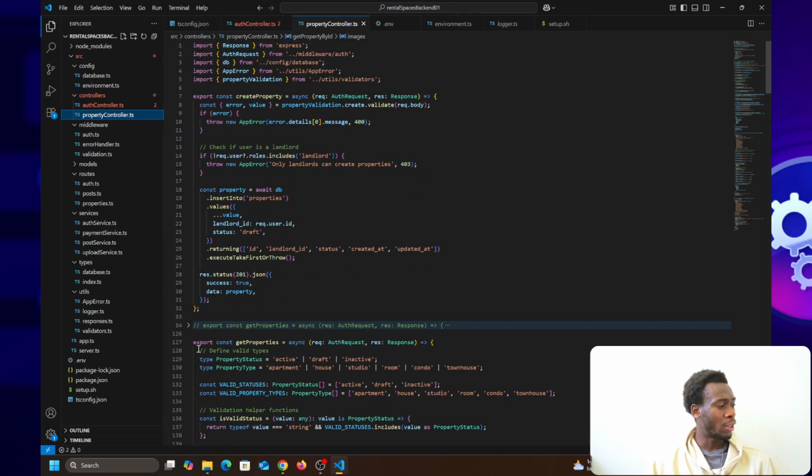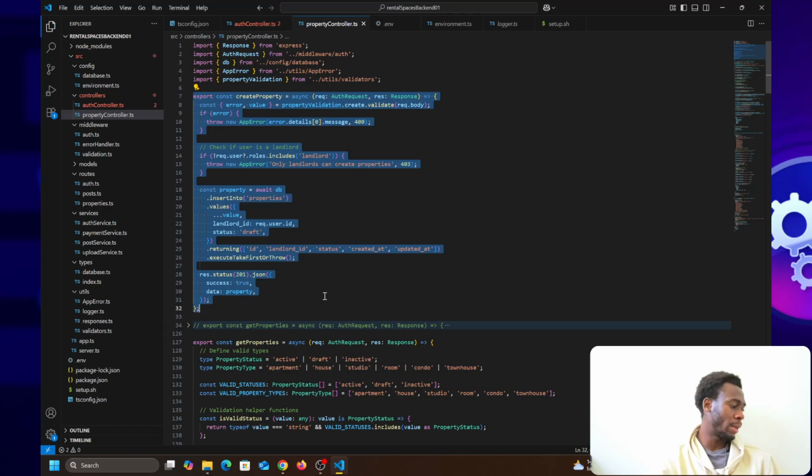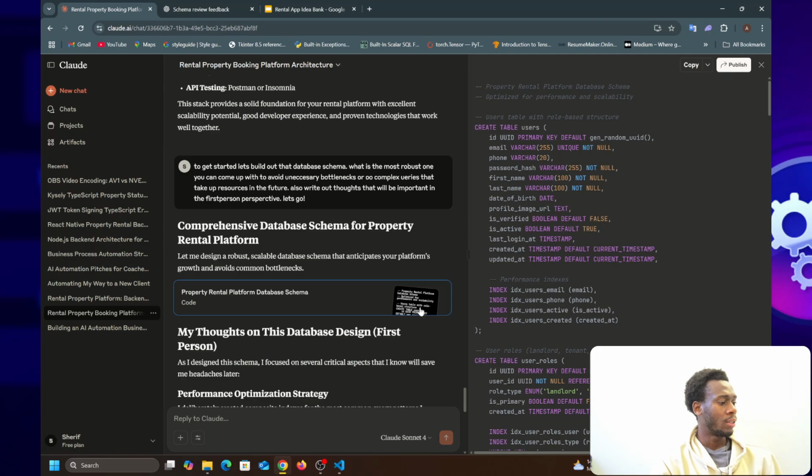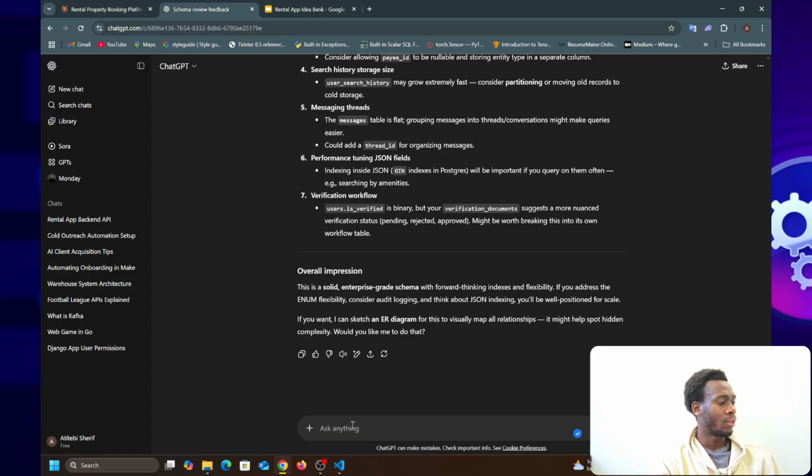I've already done that comprehensively. Let's do this: create property. I'm going to see how good GPT-5 is. Let me ask it a question.